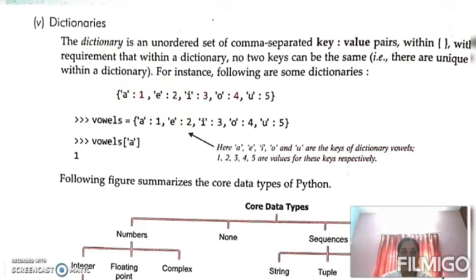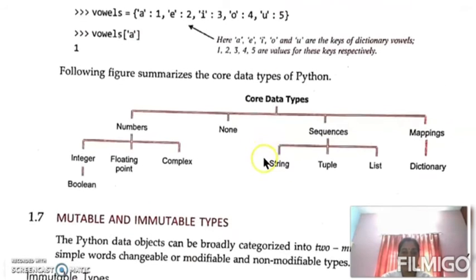So by using a dictionary, values are enclosed in braces. It is also used to store data. Dictionary, tuple, list are all known as data structures also, because we are storing data in them. In a dictionary, key value pairs are used to represent elements. So these are the dictionary.